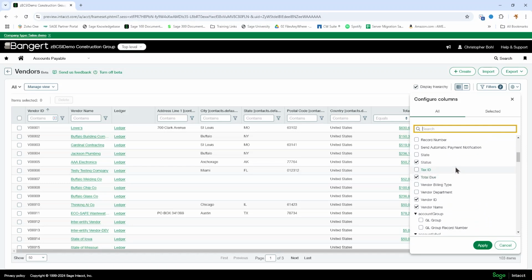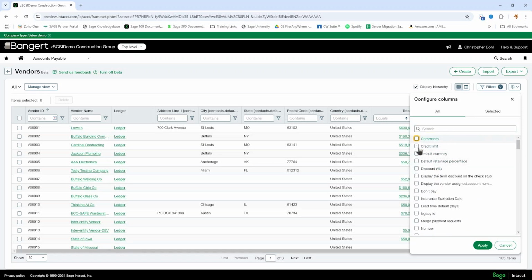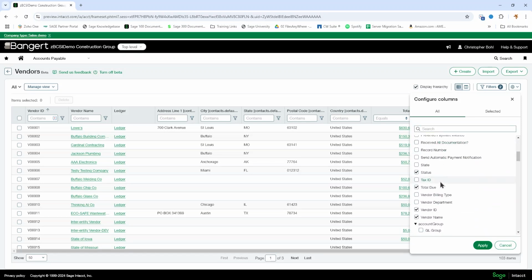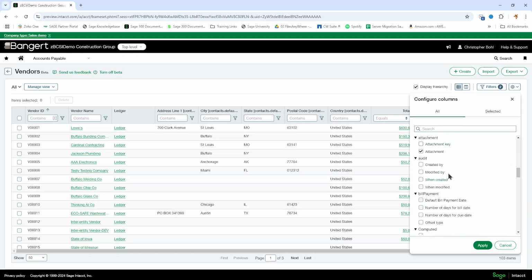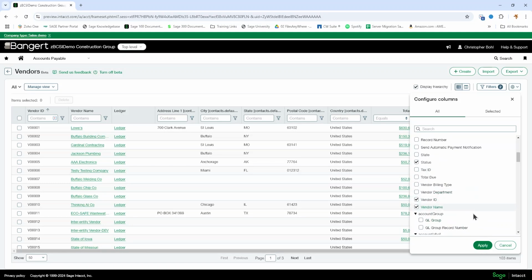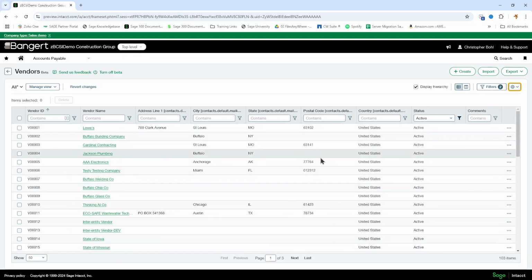So for instance, we might have the comments recorded in our system that we want to have. We might not be interested in, say, our total due, and we're probably not interested in the attachment, and we don't care what ledger it is. So I can turn off those columns and add comments all by checking those boxes and then clicking apply. Takes a moment for it to reload, and then we can see that the ledger field is no longer in the list, but we do have the comments field.